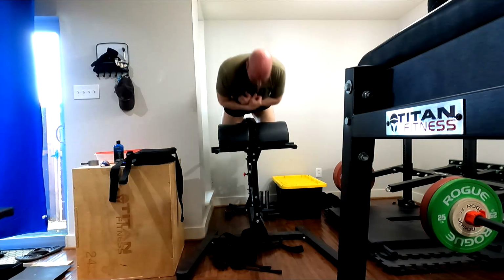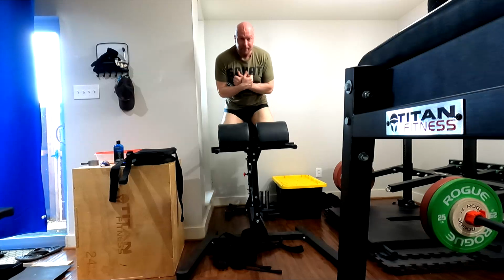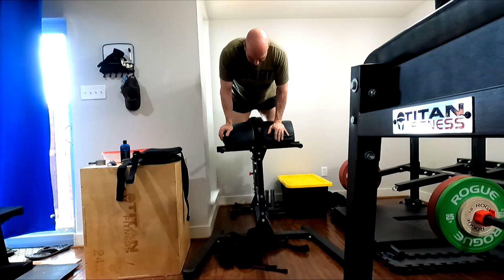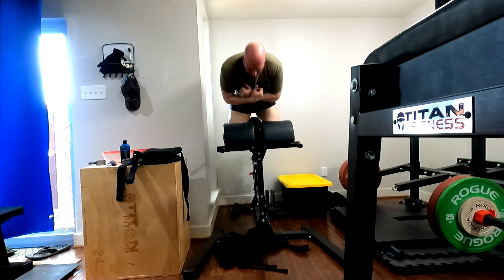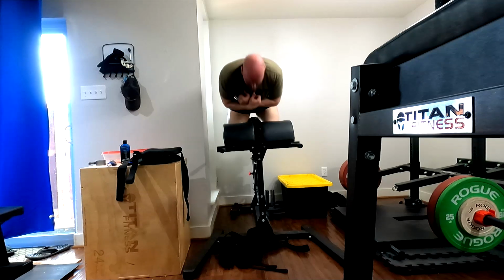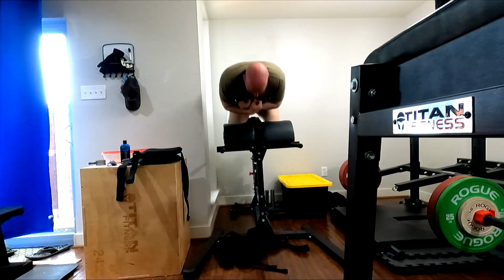All my pulling, reverse hypers, they all help. Reverse hypers definitely help. And then the good mornings will help. But I always felt like the reverse hypers, when I got strongest at them, there's carryover because it seems like they work my glutes better than almost anything else I've done. They're just such a glute builder as far as hip hinging ability for me. And therefore, if I get super strong at them again, I think we'll see deadlift carryover